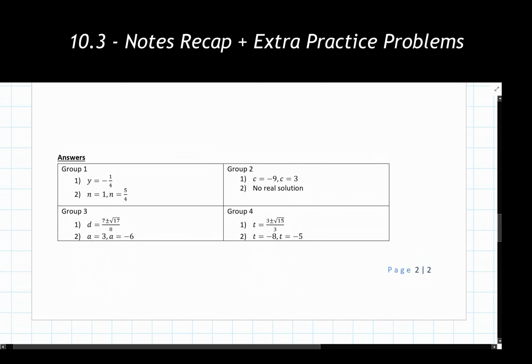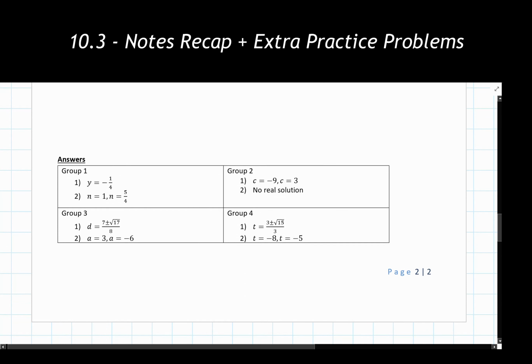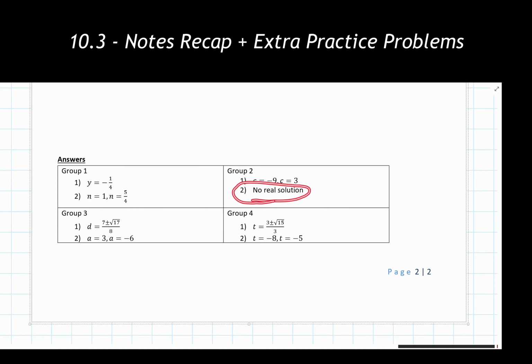And as we are seeing showing up, we have our answers listed here. Hopefully we noticed if you were doing the group 2, number 2 problems that we had a negative discriminant showing up. That means that for the overall quadratic formula, when we applied it, we ended up not getting any real solution to that particular equation. But with that, that is everything for our 10.3 material, working with the quadratic formula and the discriminant.